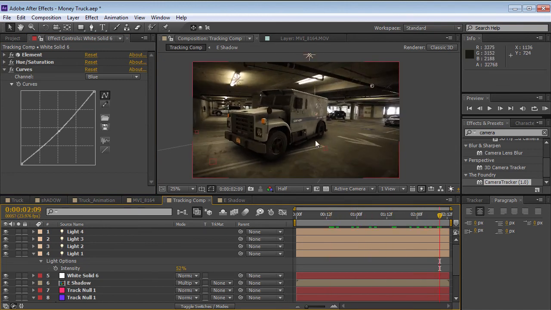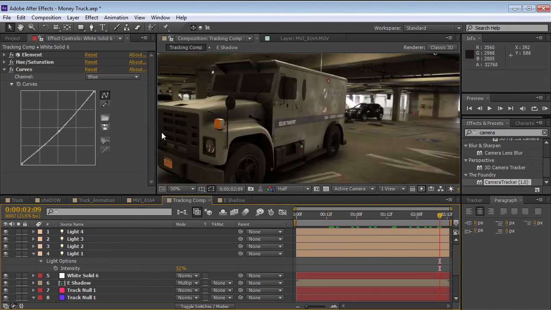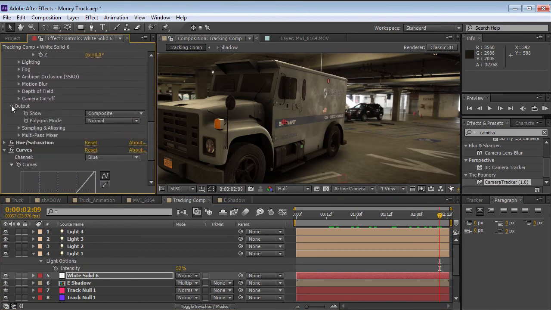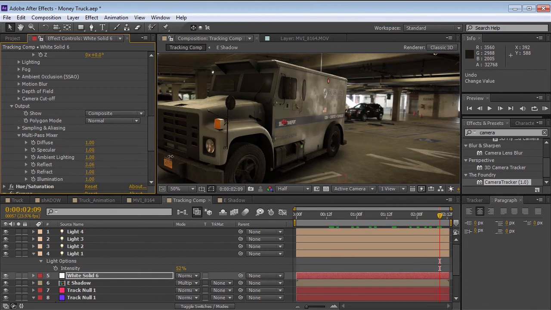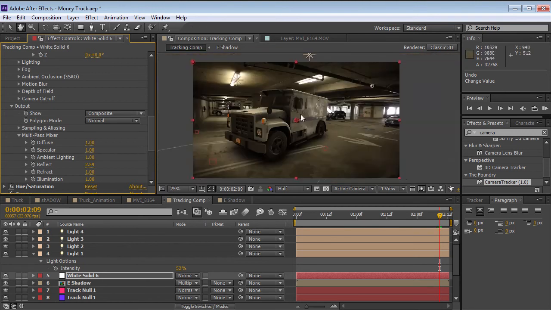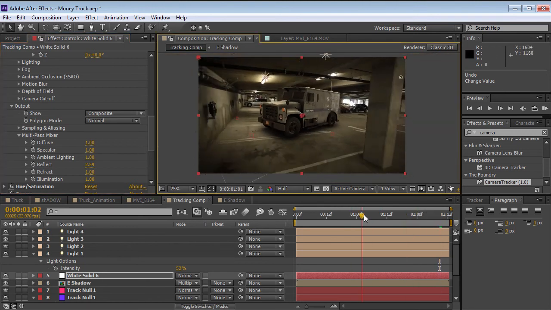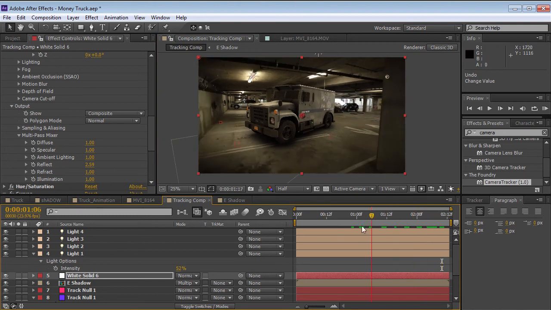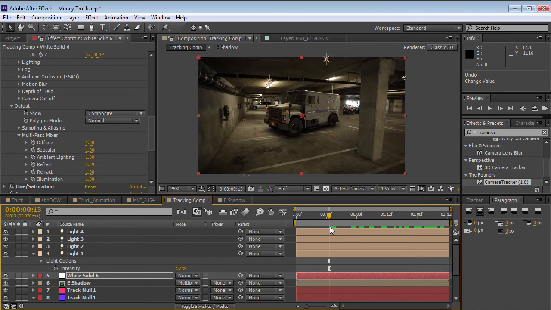And we could spend some more time tweaking lights, and we could even go into Element, go to the output, multi-pass, and we could turn up the specular. We could turn up the reflectivity amount, and we can make those kinds of adjustments to make the scene look really nice. All right, so this is how you can do some really impressive stuff right inside of After Effects